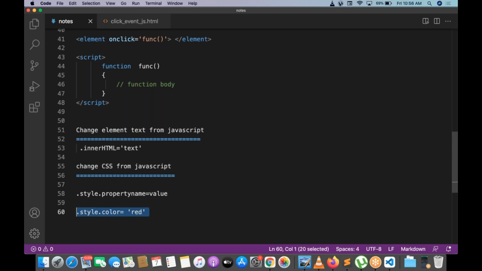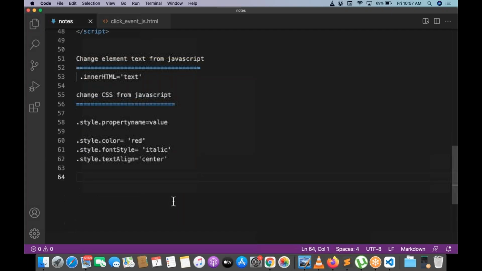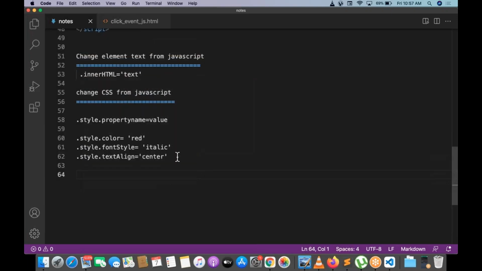Dot style dot fontStyle is equal to italic. Dot style dot textAlign is equal to center. So something like this.